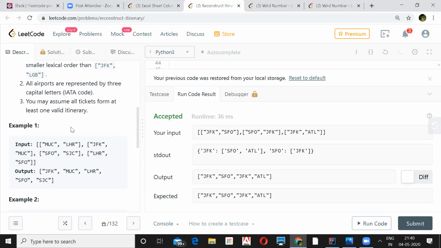I think that is what you're saying. That's why I'm taking care of it in the key part. How is this not a valid one? Because you can go from JFK to SFO, from SFO to JFK, and again from JFK to ATL. Yes, this is a valid one. But why would a person traveling from JFK, who has a flight directly to ATL, go through SFO and come back to JFK? No, that's a requirement. This is how they purchased the ticket. Or maybe he has to buy something at SFO. Possible, right? Relatives might be staying. So I think this is a valid one, and that is the key part.